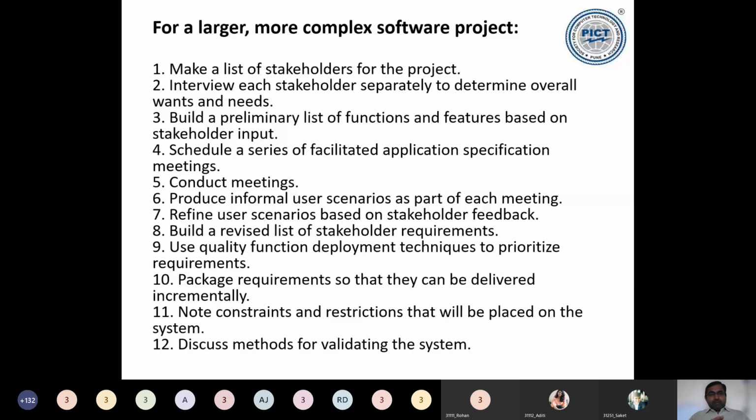Make a list of stakeholders for the project. Done. Okay, we'll have a list as output. Interview each stakeholder separately to determine